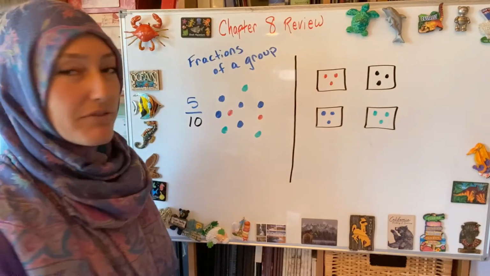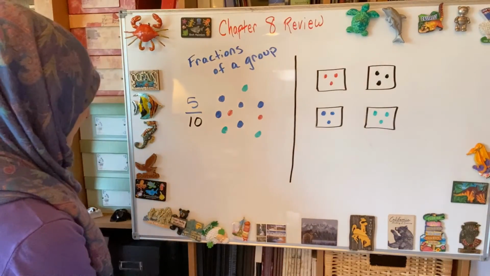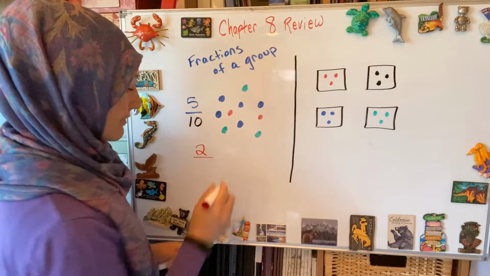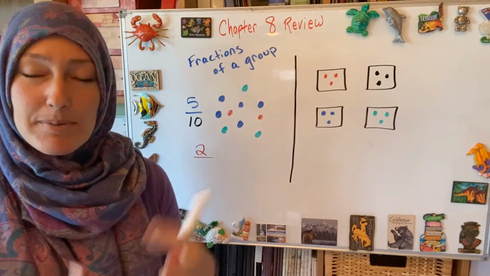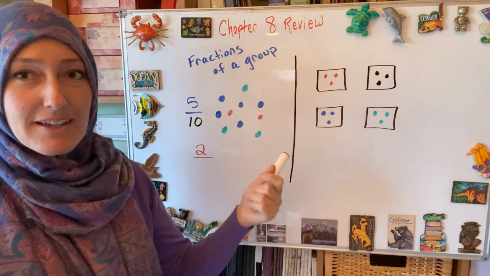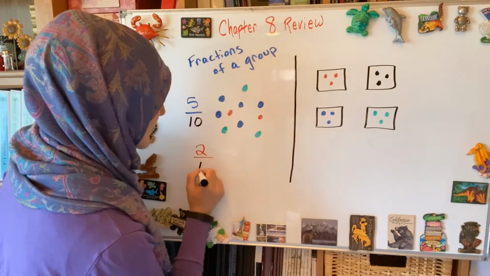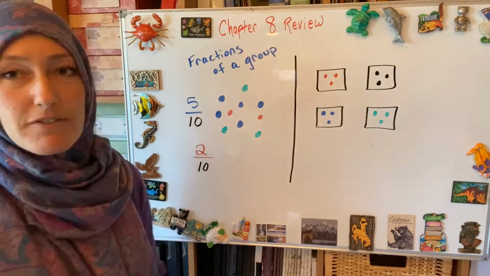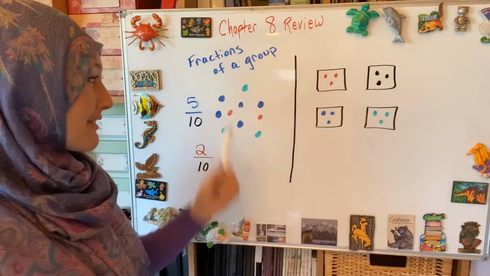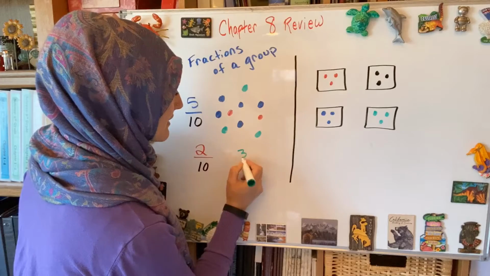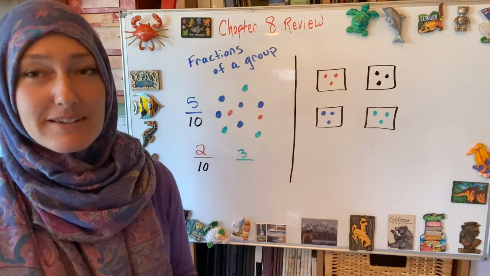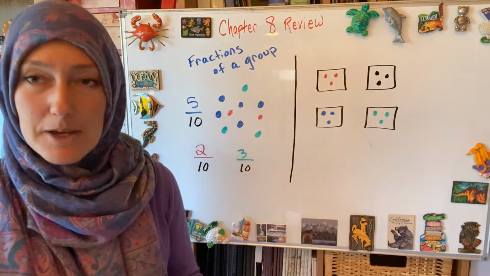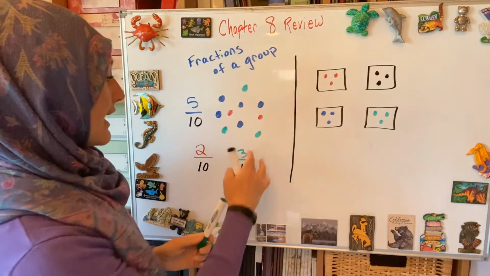If I said what fraction are red, then I would count the red ones. How many red ones are there? There's 2. So my fraction would be 2, and then how many are there all together? There's still 10. So my denominator would be 10. 2/10. If I said, what fraction of the marbles are green? I would just look at the green ones. There's 3 that are green, out of how many? Out of 10. So again, the denominator is how many there are, the whole amount, and the numerator is